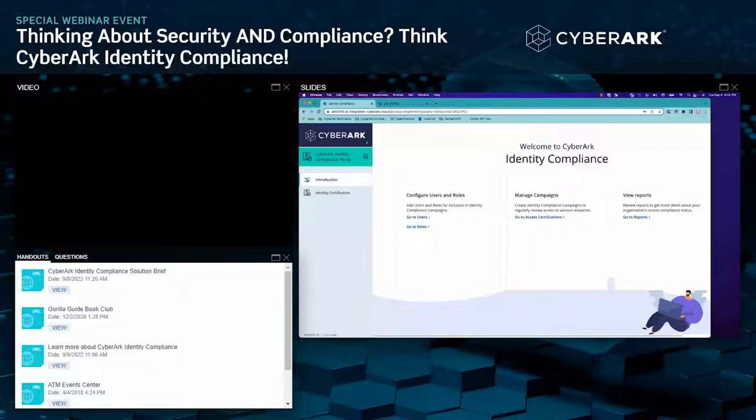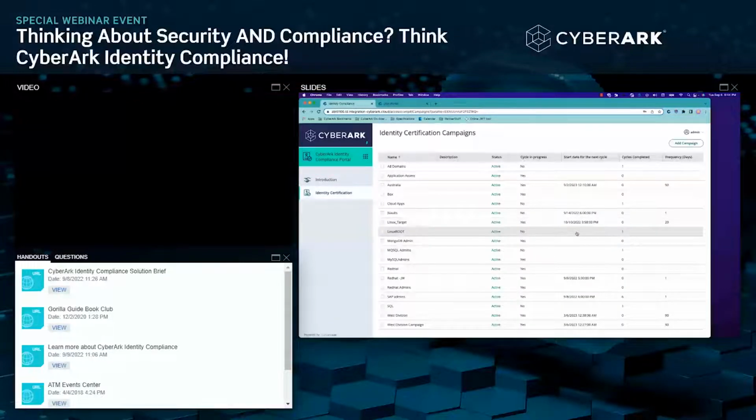So we want to do everything we can to help our customers maintain least privilege at the organization. And so Identity Compliance is all about identifying privileges that are no longer needed and taking action on those privileges to provide least privilege to our customers. So with that, let's go ahead and jump in here. One of the foundational features of Identity Compliance are identity certification campaigns, also known as access certification in the marketplace. Now, if we go ahead and create an identity certification campaign,